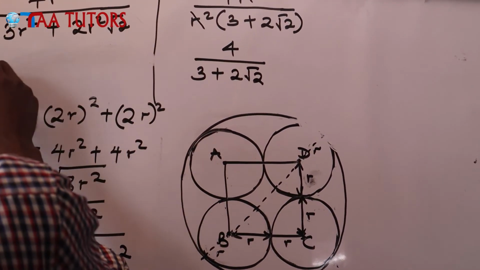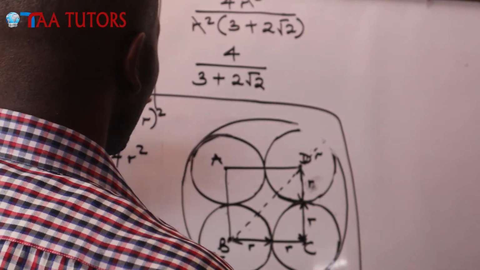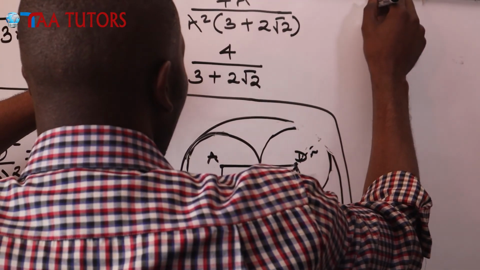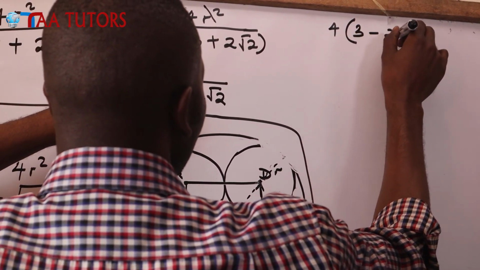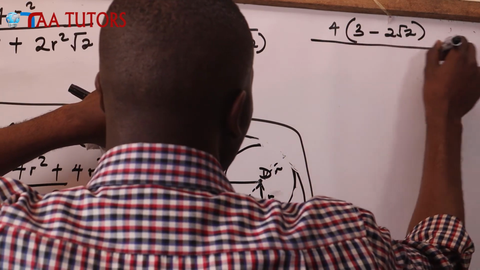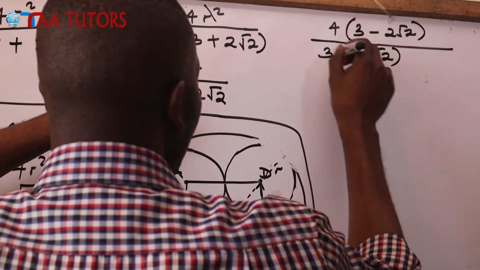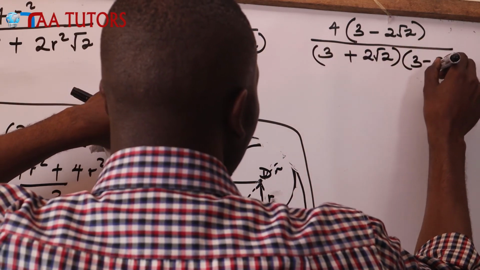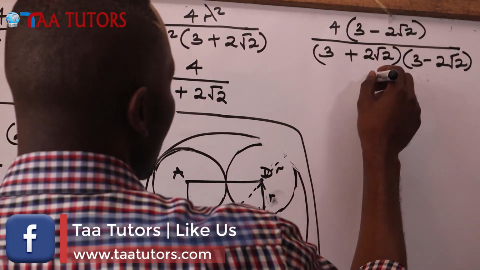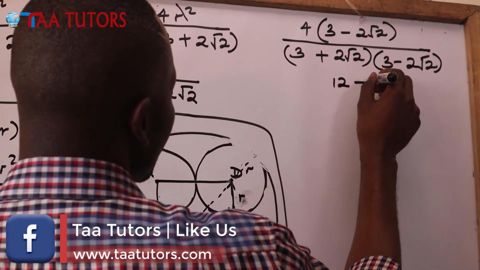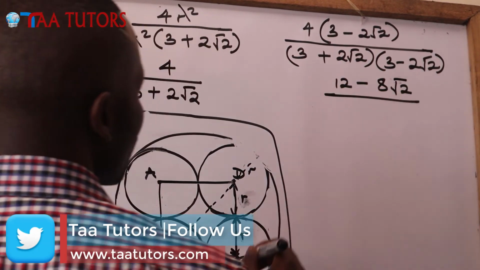Once we are here, we can now rationalize the denominator by saying 4 times the conjugate of the denominator, which is 3 minus 2√2, over (3 plus 2√2) into (3 minus 2√2). So we know that this will be 12 minus 8√2, everything divided by